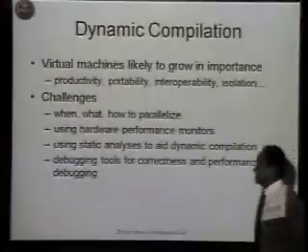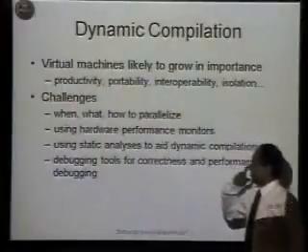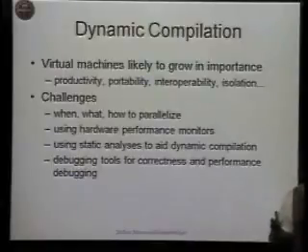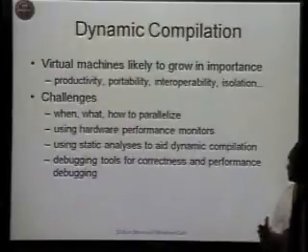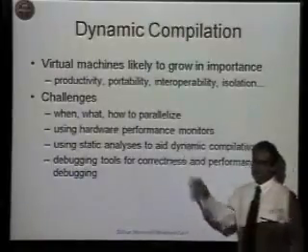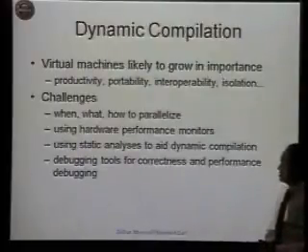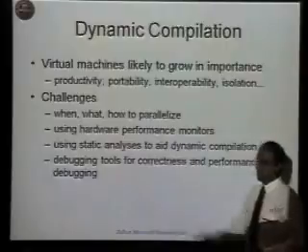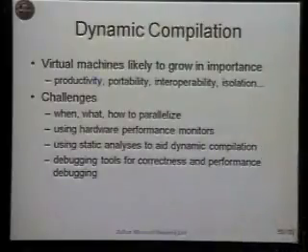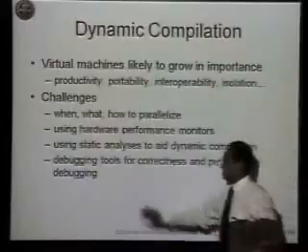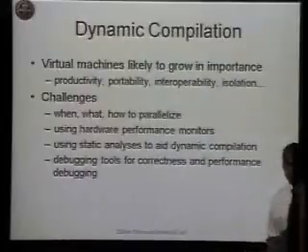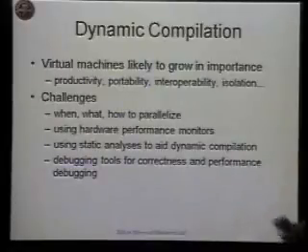And the challenges in dynamic compilation were earlier just when, what and how to compile, but now as we move to multi-core architectures, it will also be when, what and how to parallelize the application among the different cores. At the same time, we should also see the possibility of using hardware performance monitors that will now be present in the architecture in order to improve the performance of just-in-time compilers. Also using static analysis in combination with the dynamic compilers to produce better code.